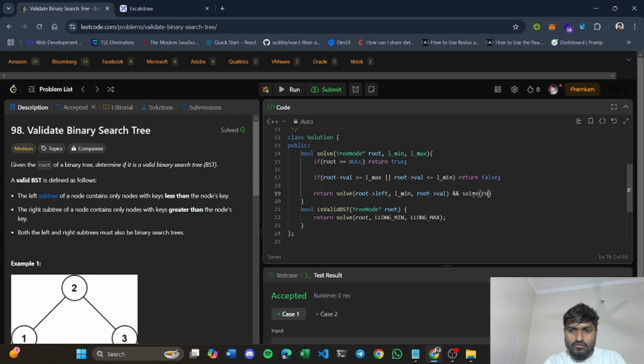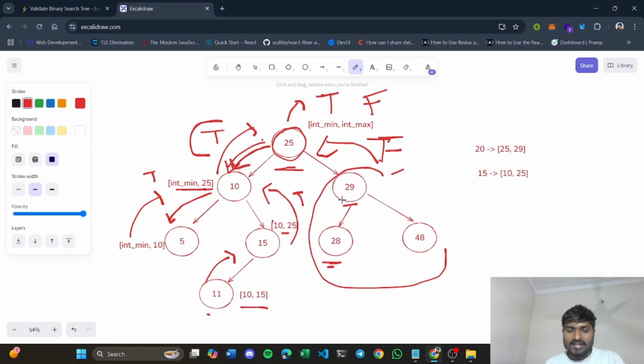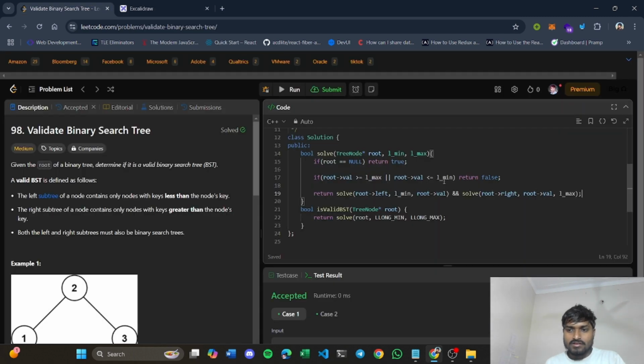Then you call it for root right, and your minimum value will become the previous root val, right? And your maximum value will become long max. So you can see here for 29 the minimum value becomes 25 and the maximum is the int max, right? So this is the solution from the second approach.